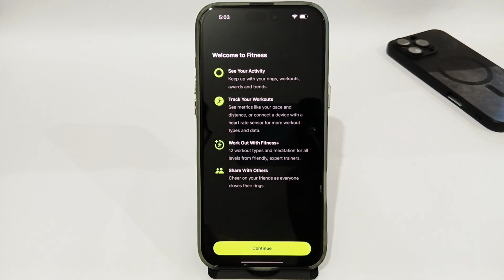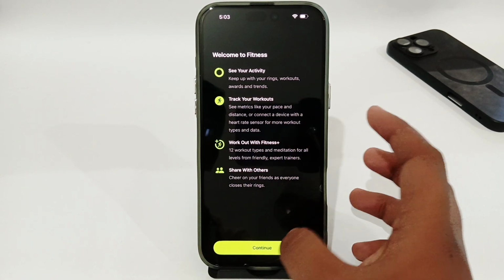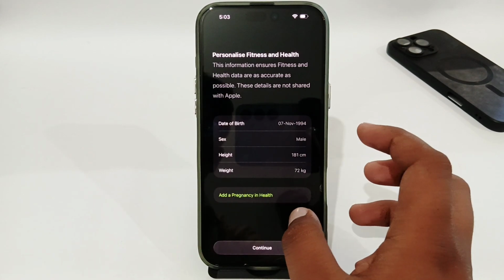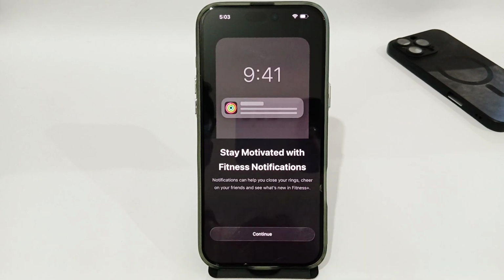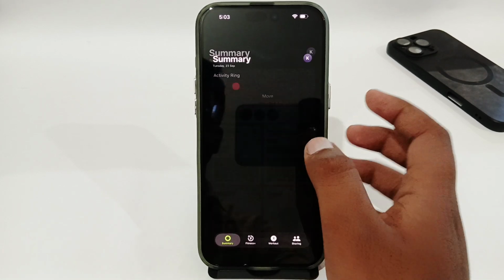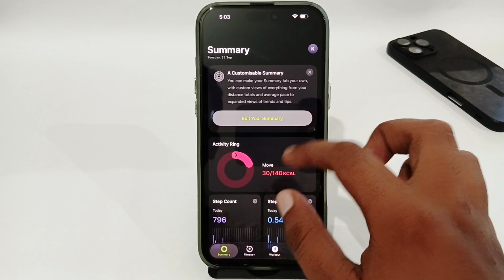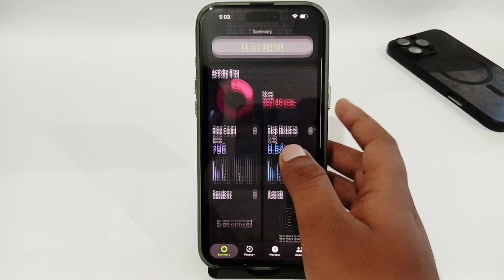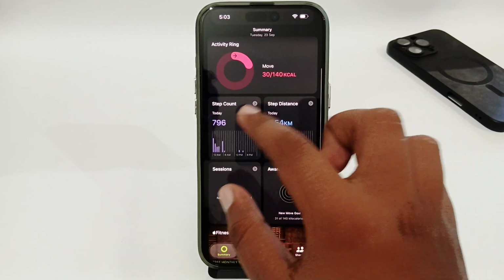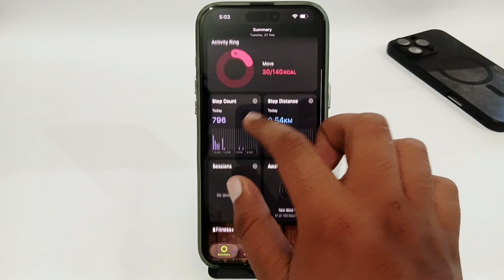And here, once you have opened it, you have to do your first time opening setup as you wish, and once you have set it up, you will get this type of interface on your app, and here you will get this step counter. In here you can easily